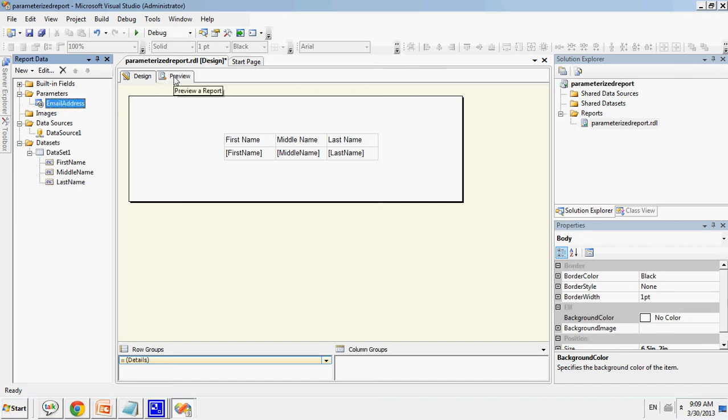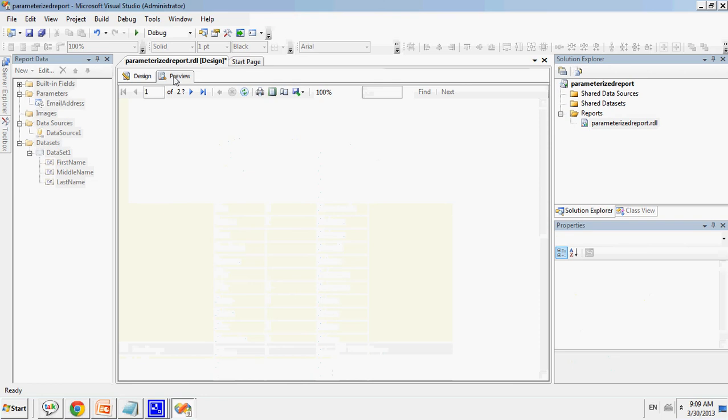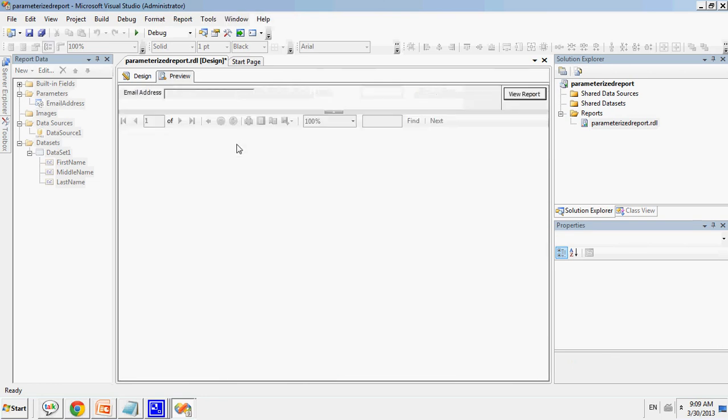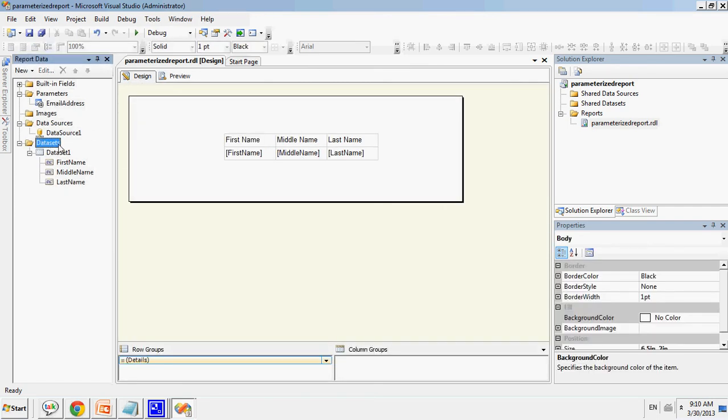So if we were to run the report right now, what we would get is a text column. So we could enter a value in this text column, which would be the email address, and then we could review the report, and it would give us a list of results which have an email address of A. And since none of the email addresses associated with first name, middle name, and last name have the email address of A, we get nothing back. However, what we want to do here is actually limit,